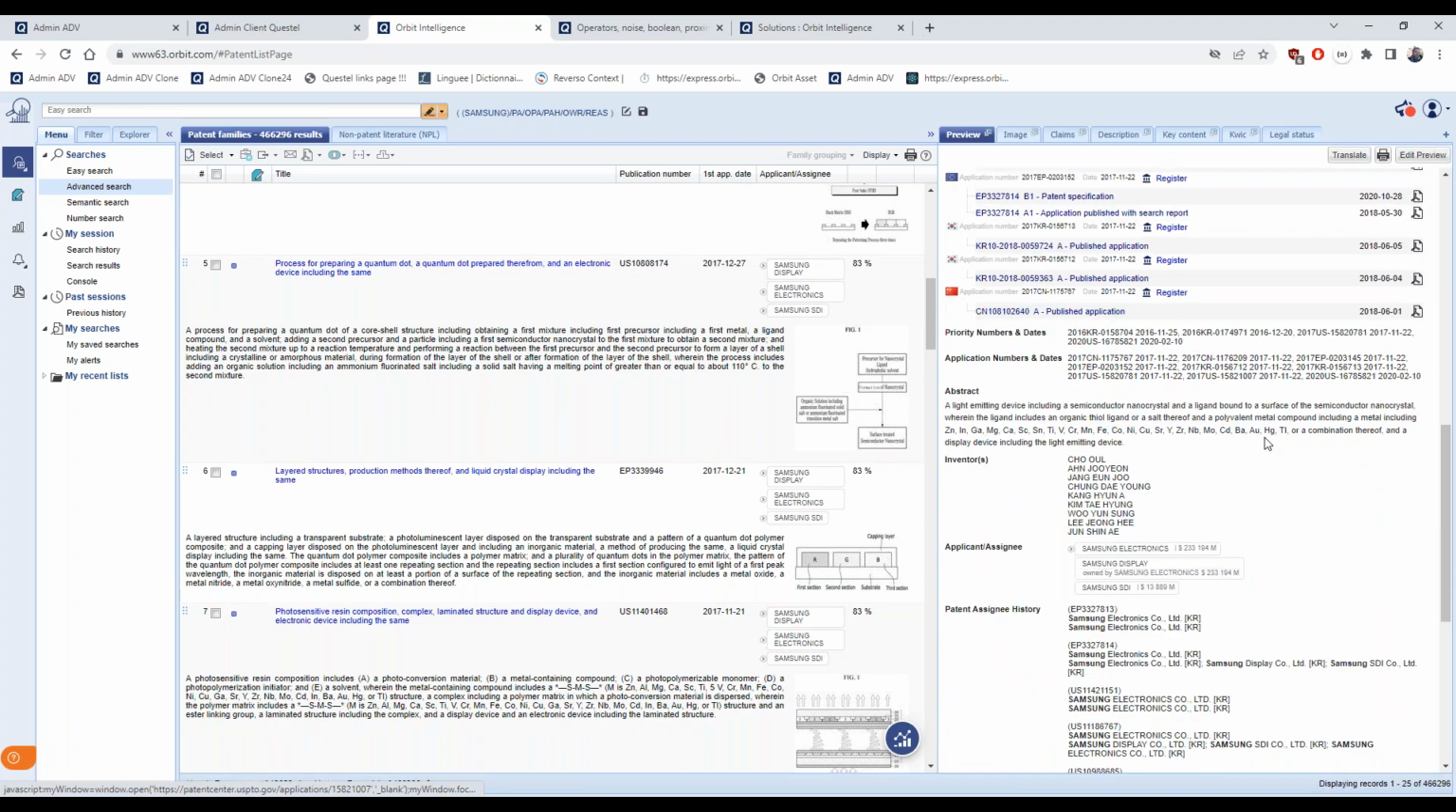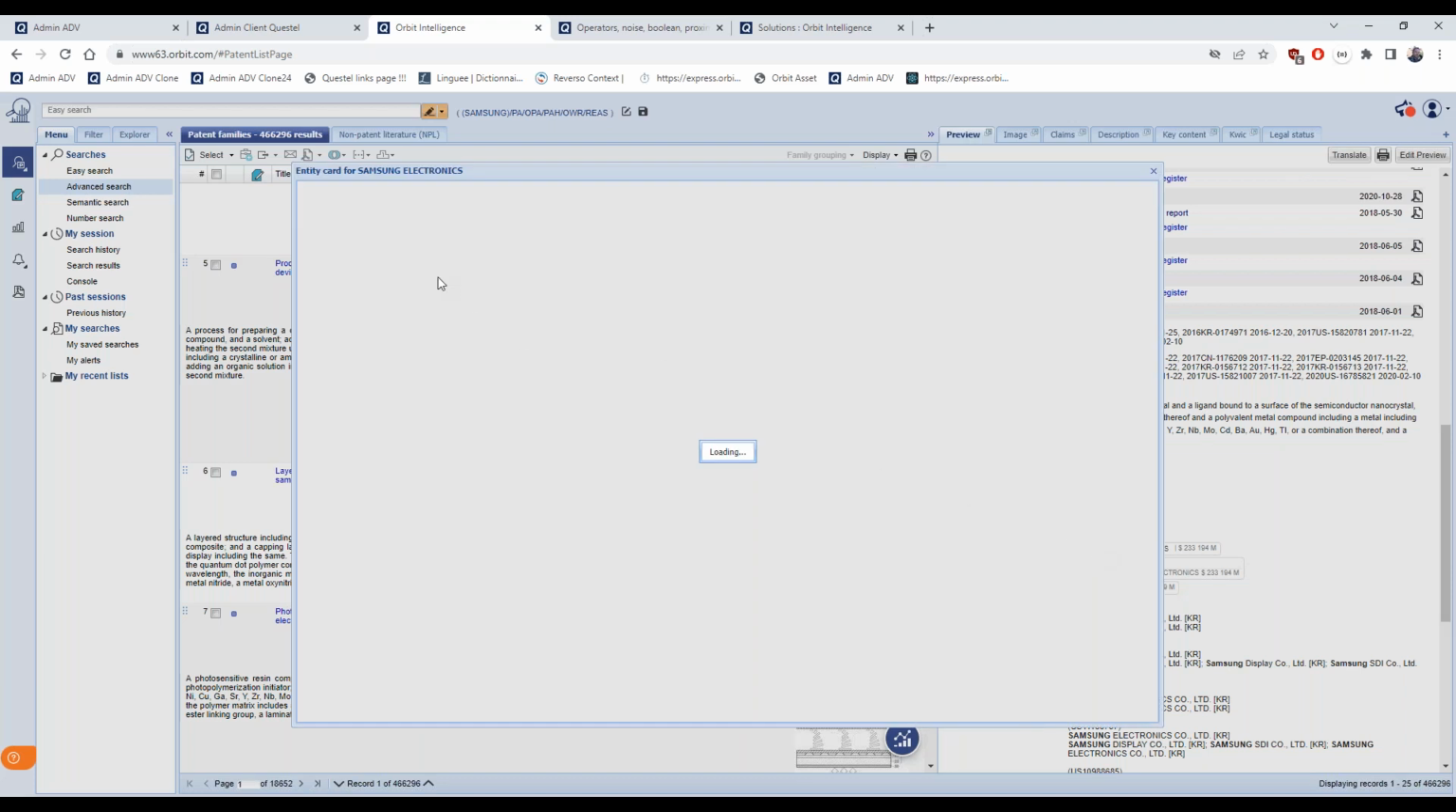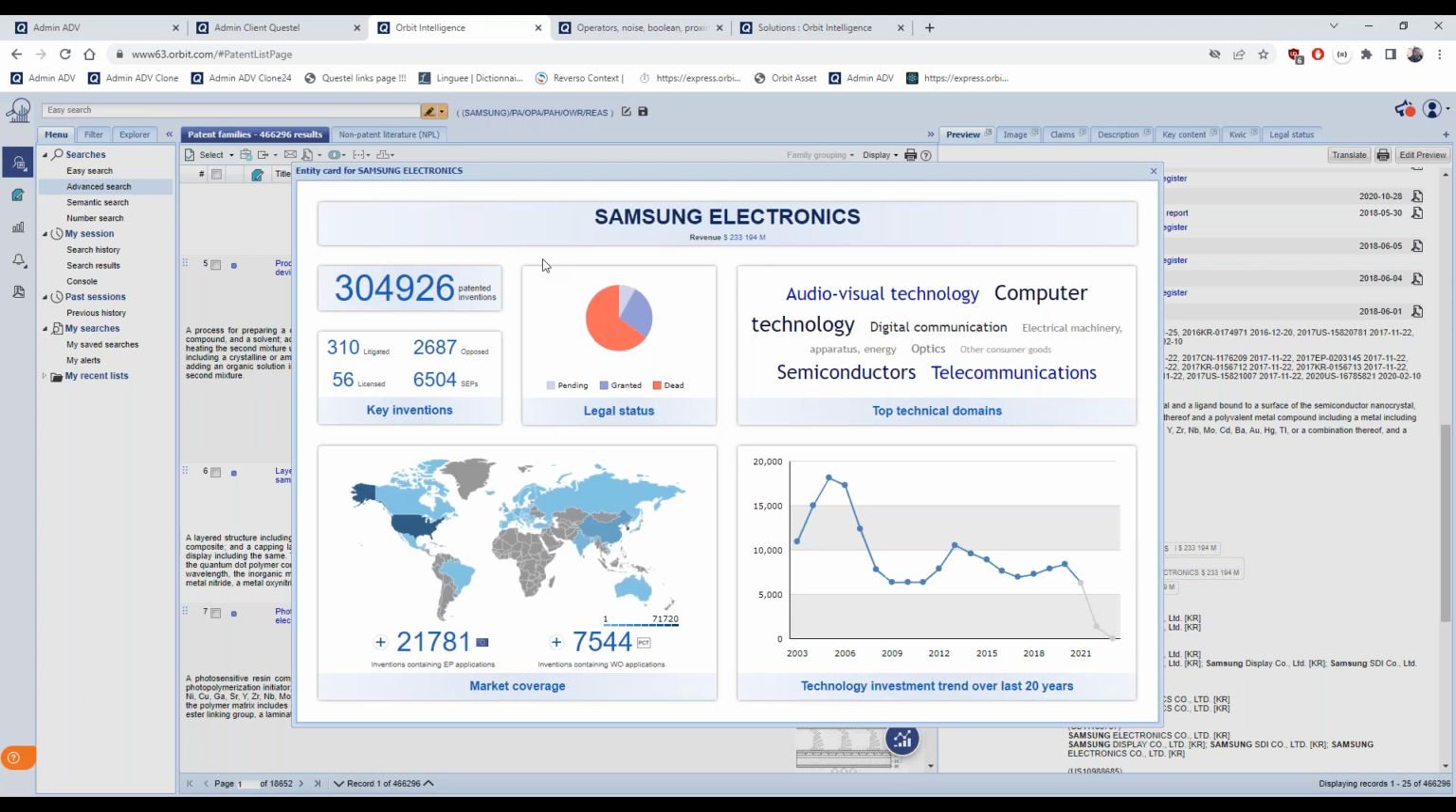I want to just highlight the fact that under the column applicant assignee of your result or in the preview tab, if you click on one of these boxes, you will open a window called entity card. This entity card is giving you insights on this applicant: how many patents and inventions there are in the database, and key inventions, if there are any events like litigations or opposition, the legal status of the portfolio, and top technical domains, so computer technology, telecommunication, and so on. The bigger the word is, the more frequent is the technical domain